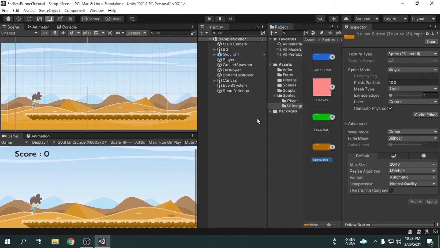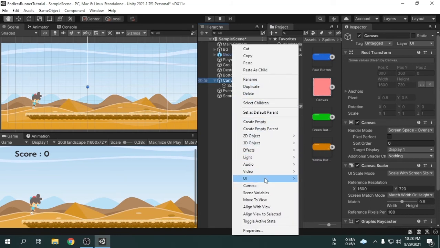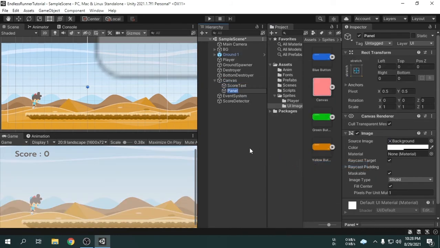Now, we will create a panel called Game Over Panel. This Game Over panel will appear when the game is over. We can see the Game Over panel has automatically been created inside the existing canvas, because only one canvas is enough for a scene most of the time. Now, we will create some text and buttons to organize the Game Over panel inside the Game Over panel game